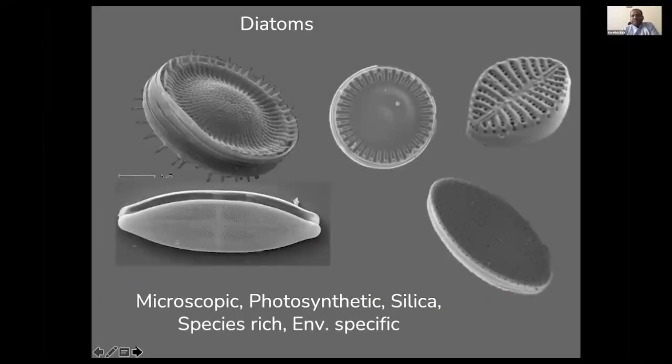They are microscopic algae and photosynthetic, made up of a silica cell wall, and very species rich. The known species are close to 50,000, and the number of predicted diatom species is close to 2 million, so most are yet to be described. And the beauty of diatoms is that they are